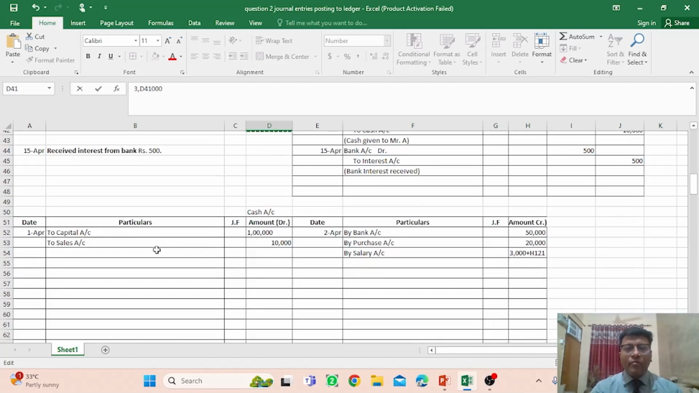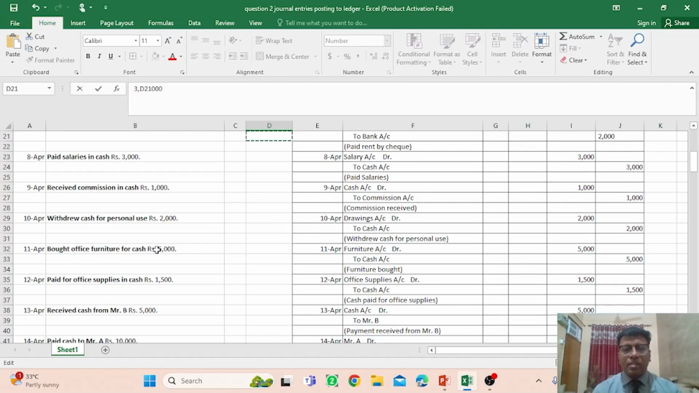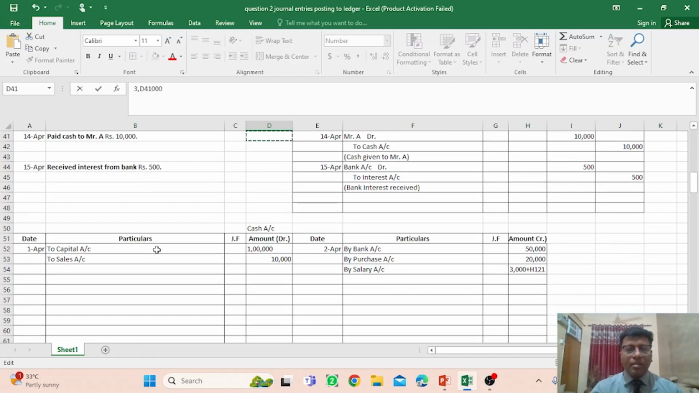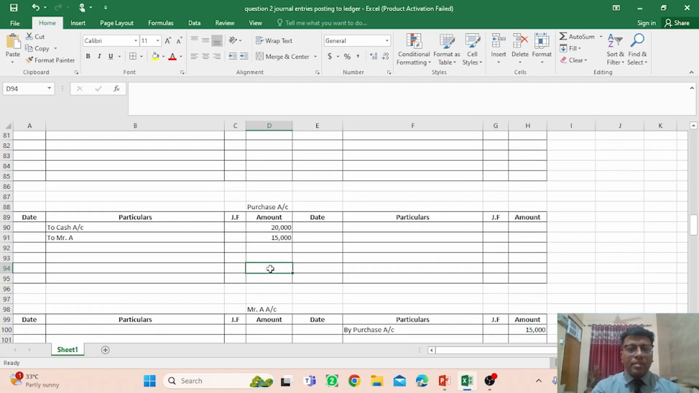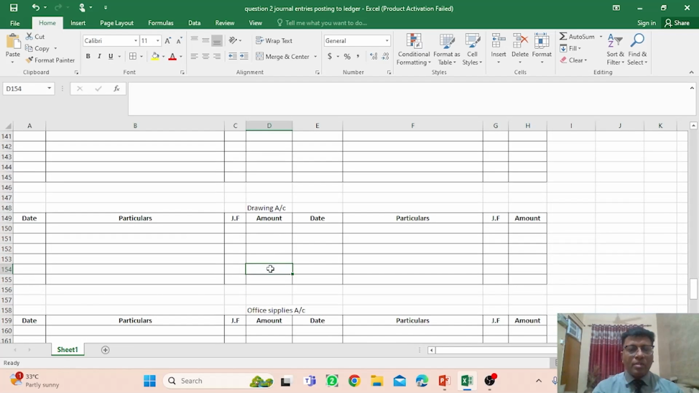Okay, and what about another transaction? It is cash account debit to commission 1000. Cash account debit to commission account 1000, and in the commission account you have to write credit side. Okay, so this is the commission account by